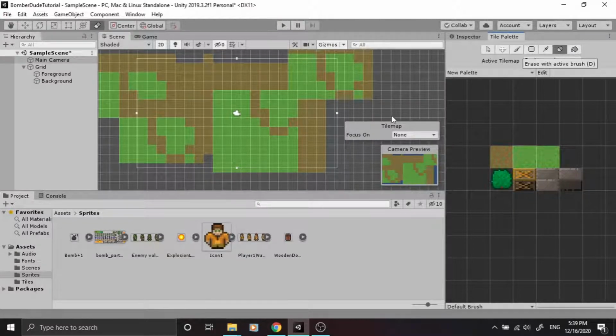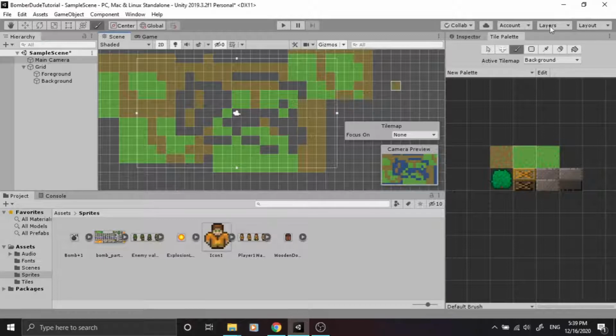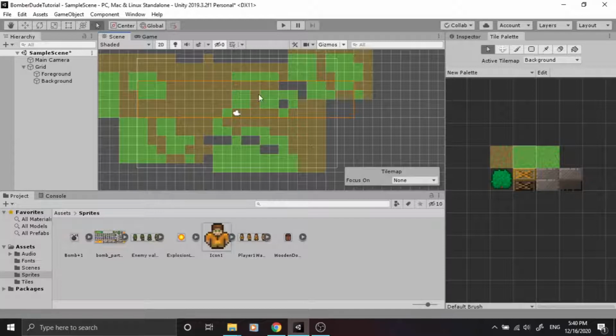The next tool is the eraser, with which you can erase. You can also do this while holding the shift key if you have selected the brush tool. And after that you have the fill tool, with which you can fill. Also we have this selection tool, with which you can select a part of our tile map, and then we can use the move tool to move it.